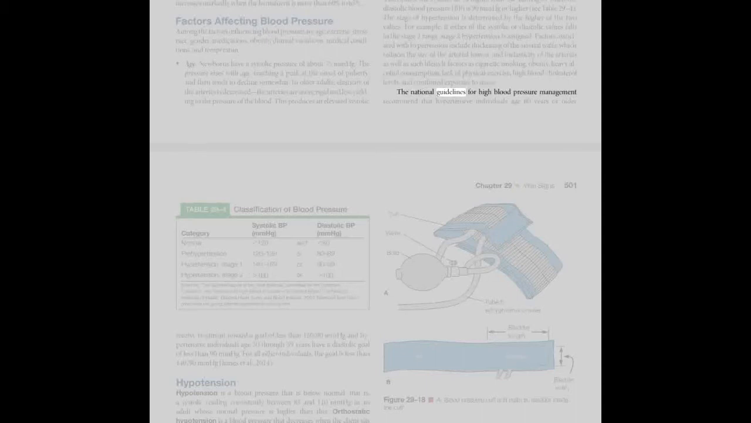The national guidelines for high blood pressure management recommend that hypertensive individuals age 60 years or older